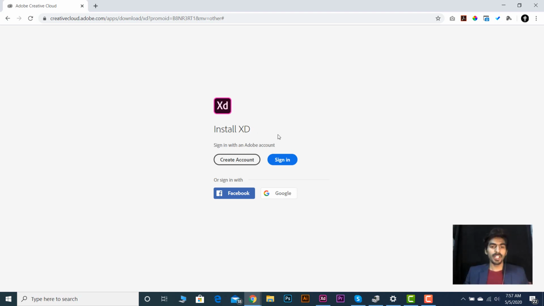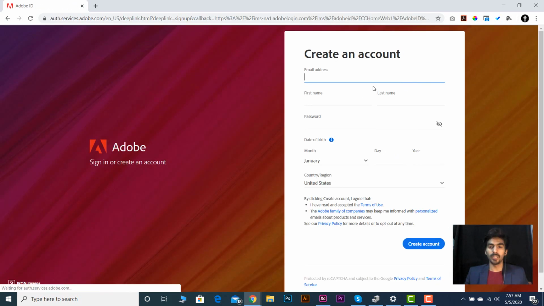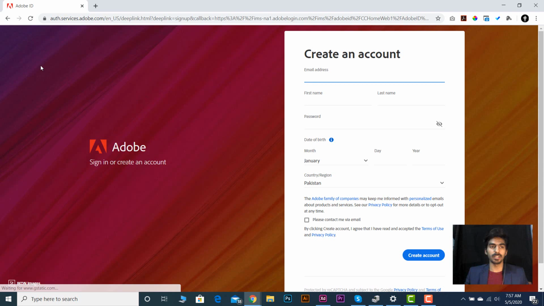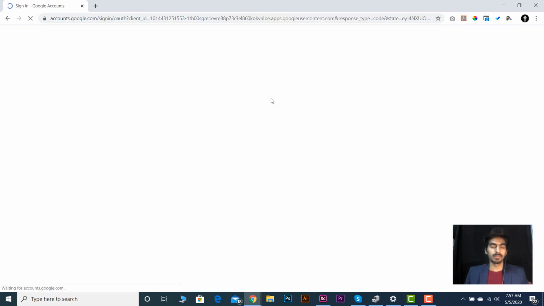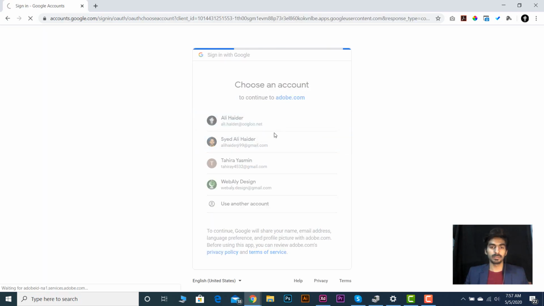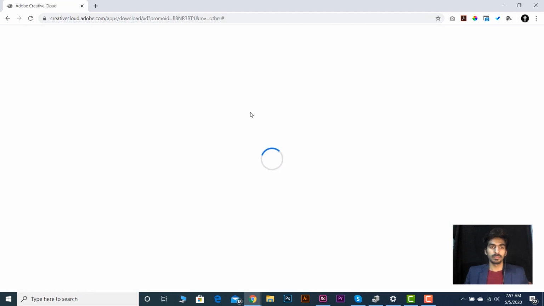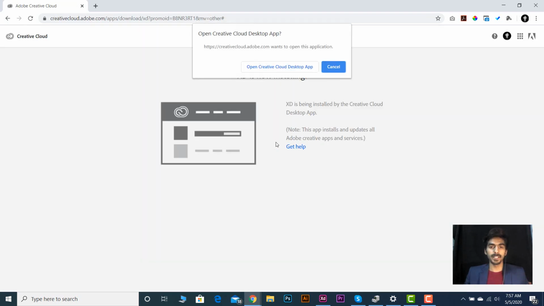When you click on Start for free, this page opens, in which there is install XD and sign in with an Adobe account. If you already have an account, just go and sign in, or sign in with Google. Or if you don't have an account, go and create one. It will ask for your details, etc. I already have an Adobe account, so I just sign in with my Google account. So I just logged in and it asked me to open the Creative Cloud desktop app.